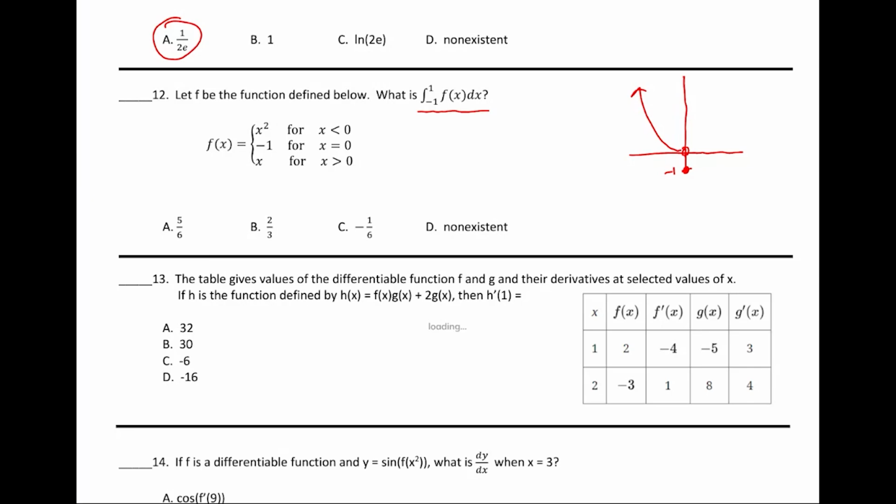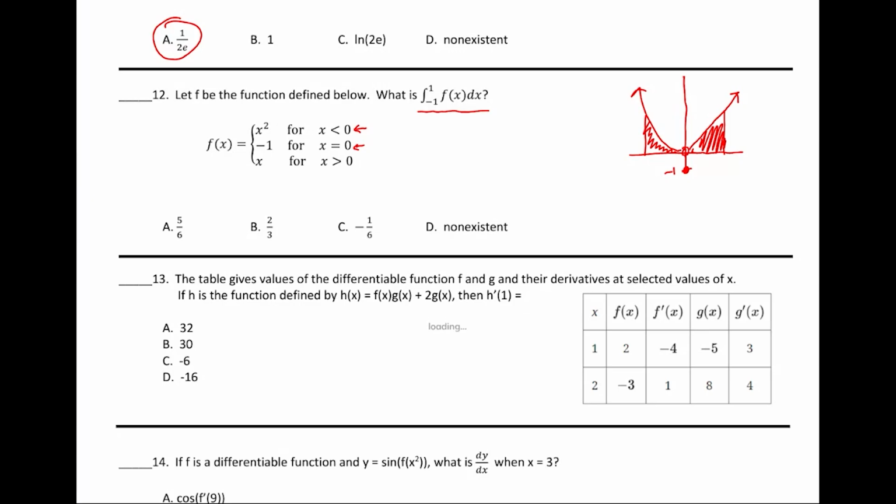And then after 0, it's going to be x. Okay, so if we're going to go from -1 to 1, we need to find the area underneath this curve. So we really just need to split this up. The first section will go from -1 to 0. The second section will go from 0 to 0, which will actually have no area because you're essentially multiplying -1